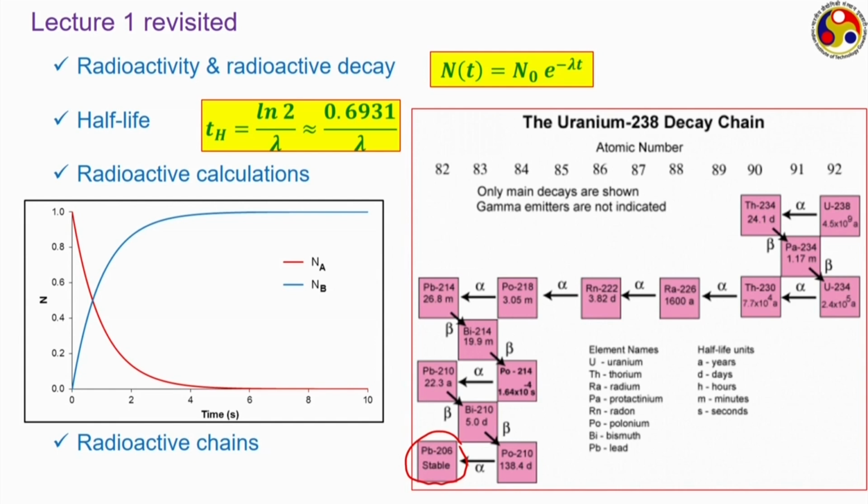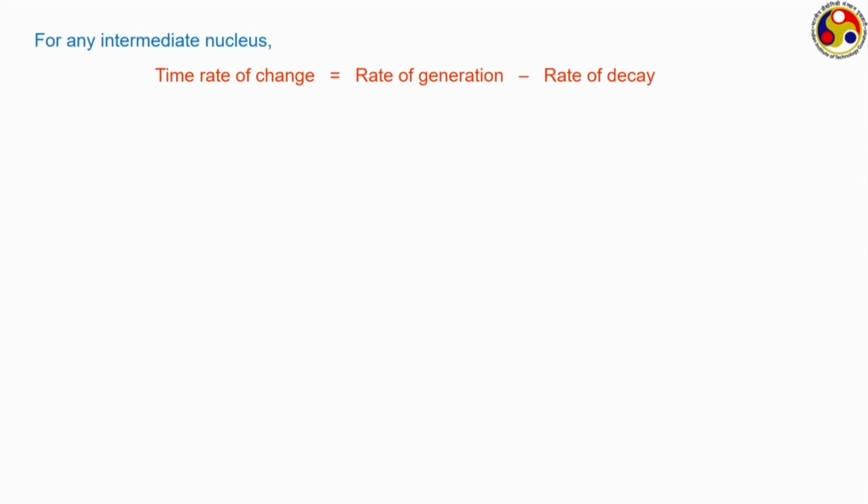So, today we have to see how to analyze such kind of decay chain, and then we shall be moving to study different kinds of radioactive reactions that are possible. Now, if we talk about any of the intermediate nucleus that can appear somewhere between the radioactive chains, we can always write a conservation for the corresponding nucleus as the time rate of change equal to rate of generation minus rate of decay, or mathematically dn/dt is equal to g minus lambda n,